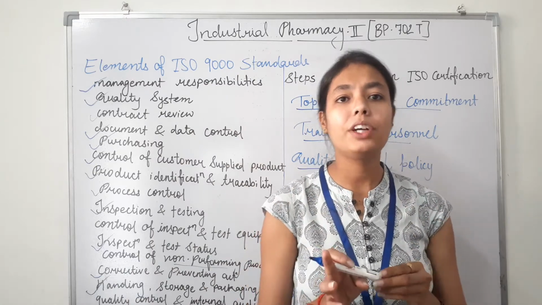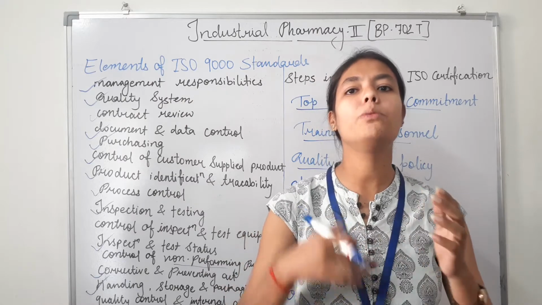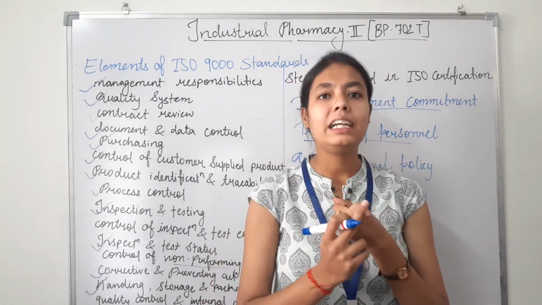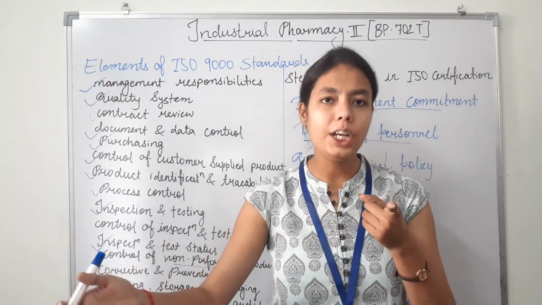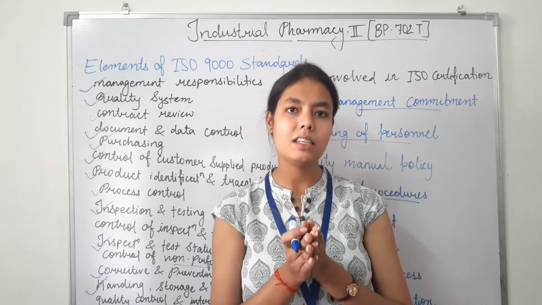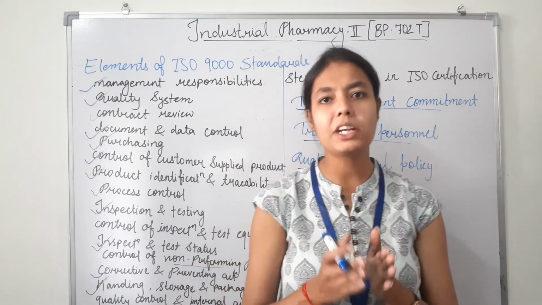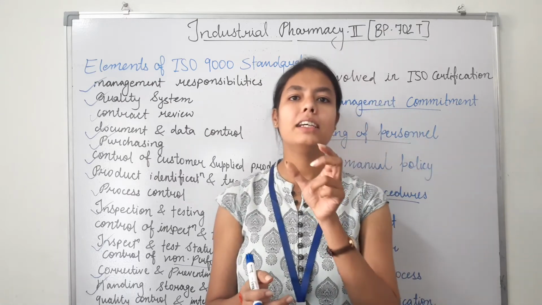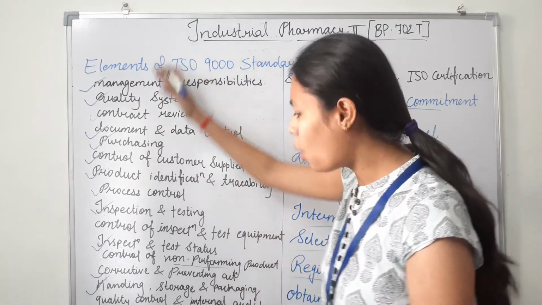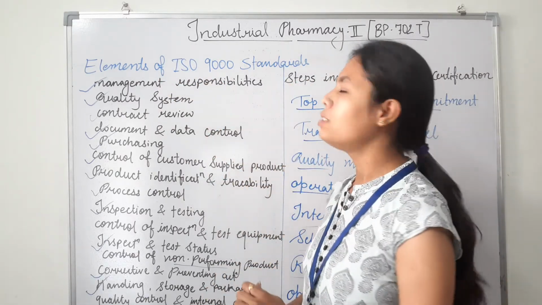At last, if we talk about statistical techniques, statistical techniques should be used to assess the following: the reliability, such as the long life and durability of the product, process control and capability studies, determining quality levels and thus the inspection plans, data analysis, performance assessment and defect analysis. So these are all the elements of any ISO 9000 series standard.